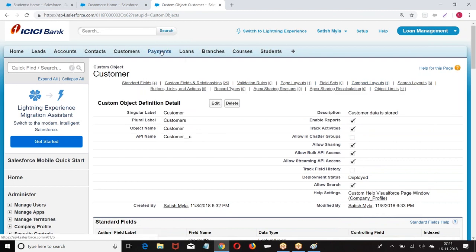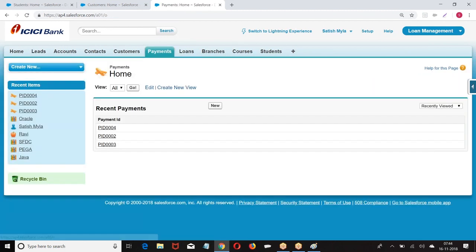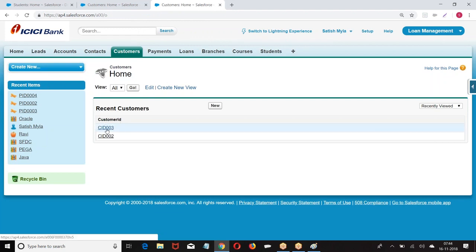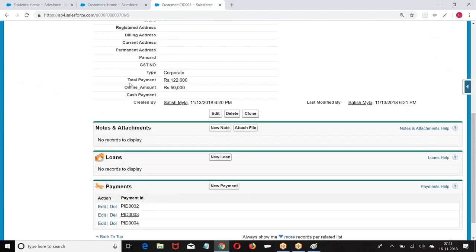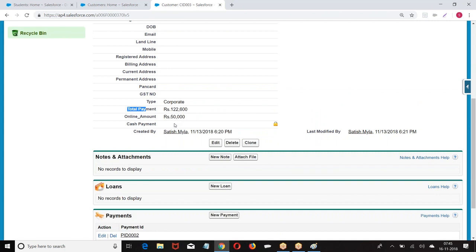This is what we create. Go to payment, go to customer. Now we have total amount and online amount. The remaining thing is probably cash.